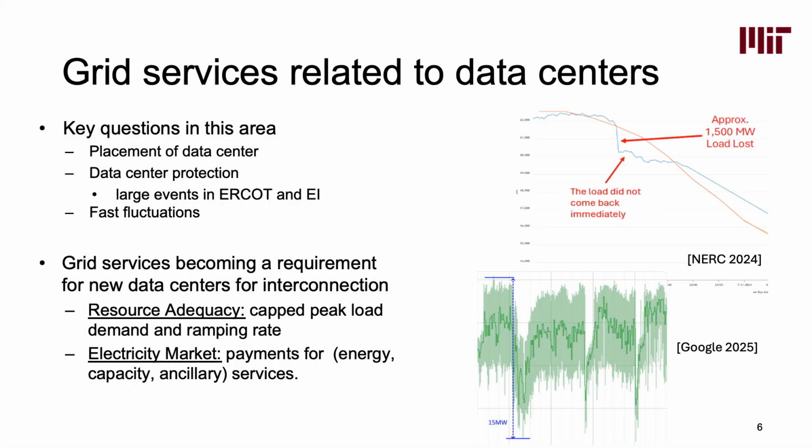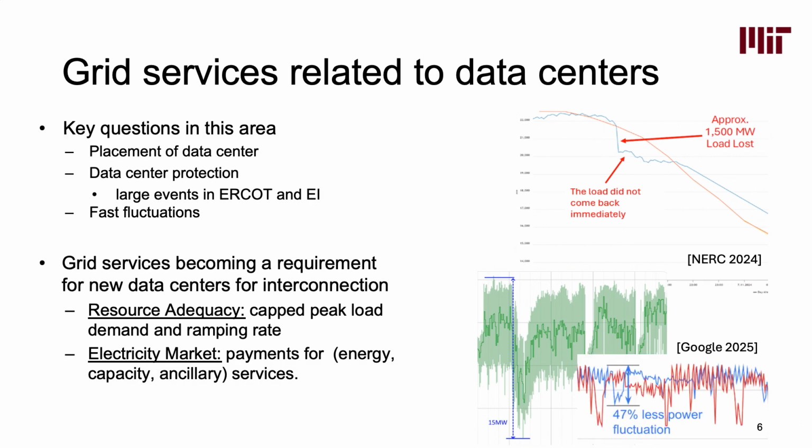If everyone is acting this way, then the grid becomes very unstable, essentially. Although they claim that they have heuristic ways to manage or orchestrate their loads, so that at least during a very short period of time, they achieve 47 less power fluctuations than what they claimed. But we can see that those fluctuations are still quite big, although the peaks have been reduced quite significantly within this short time window. But from the bottom of our hearts, we definitely know that we need something much better than that.